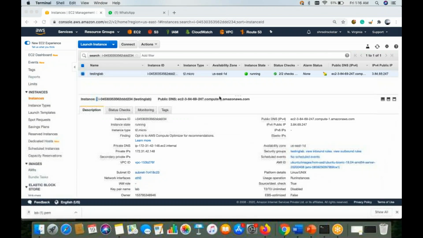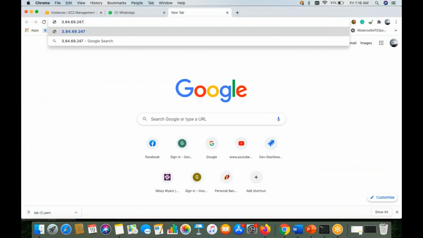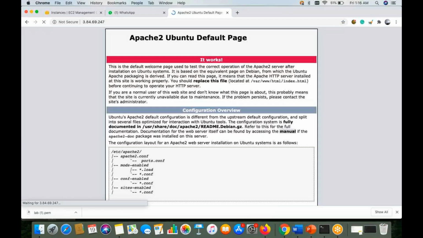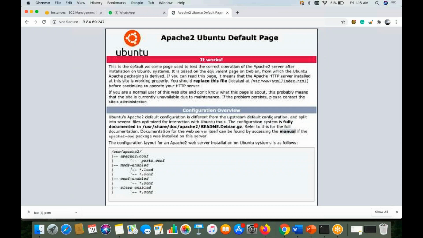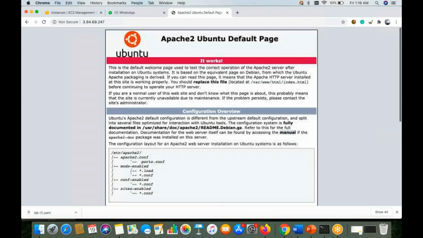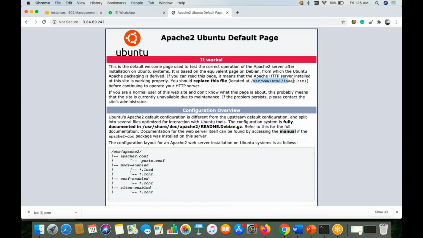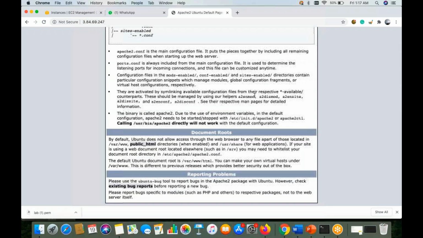Now my Apache is installed, so I should be able to access the web page. Because I already exposed this on HTTP, right? See, that Apache page is working fine. From a basic understanding, it's just a page. After that, there is /var/www/html/index.html. If you replace this file, you can create your own page inside that, right? If I want to do some real-time website, some real-time code, then you can go with it, and after that, update here, and that will be fine, right?